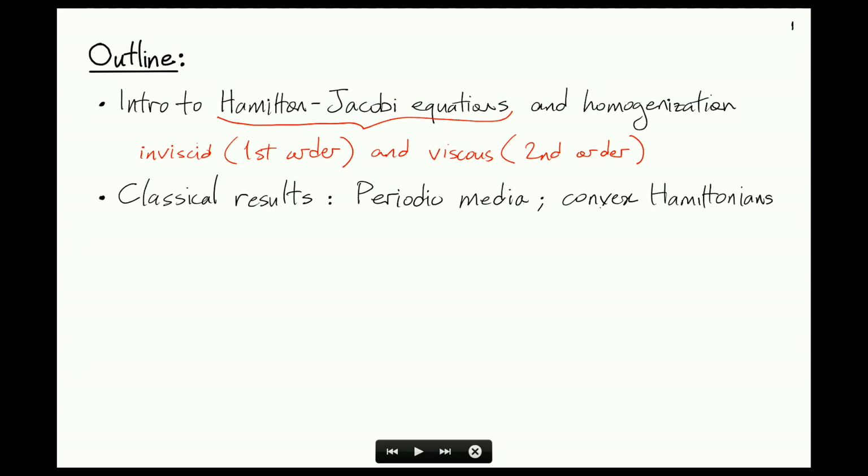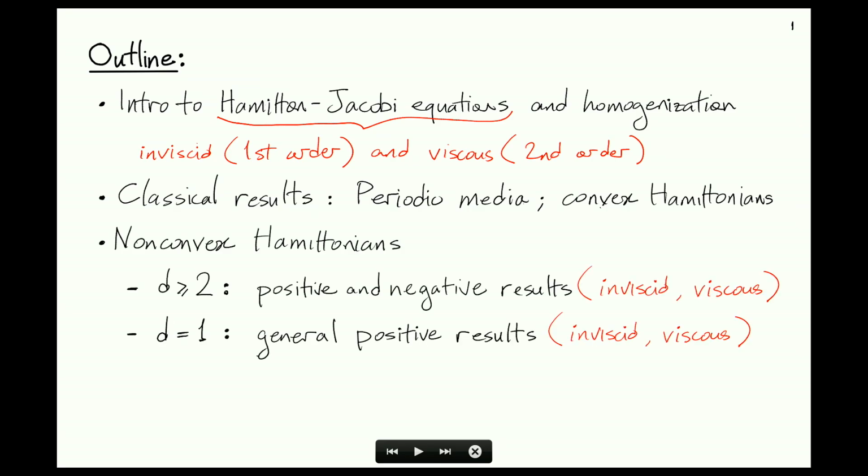And then I will talk about classical results of homogenization in this context. So when the medium is periodic or when the Hamiltonian is convex. And then I will switch to non-convex Hamiltonians, where things are more difficult, and where I will briefly mention some positive and negative results in dimensions 2 and higher. So homogenization can fail. And then the second half of the talk actually will be devoted to